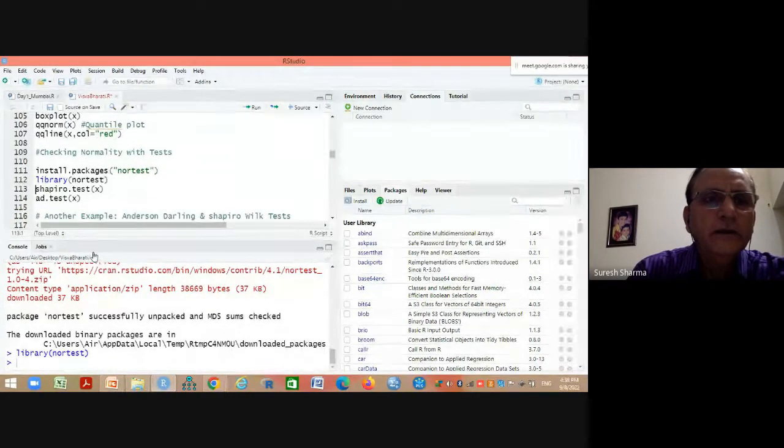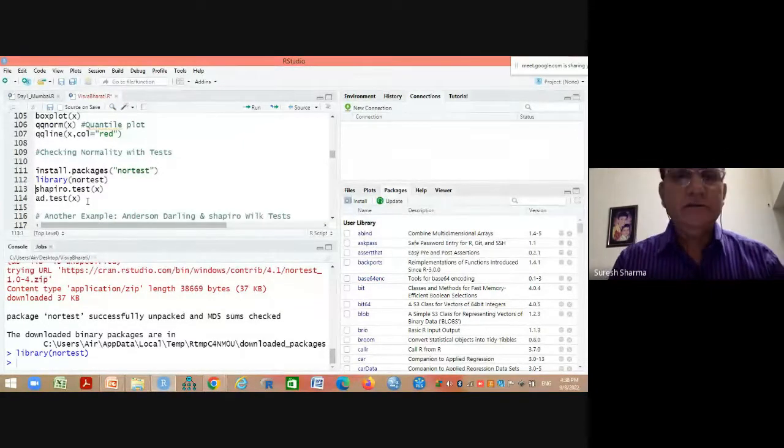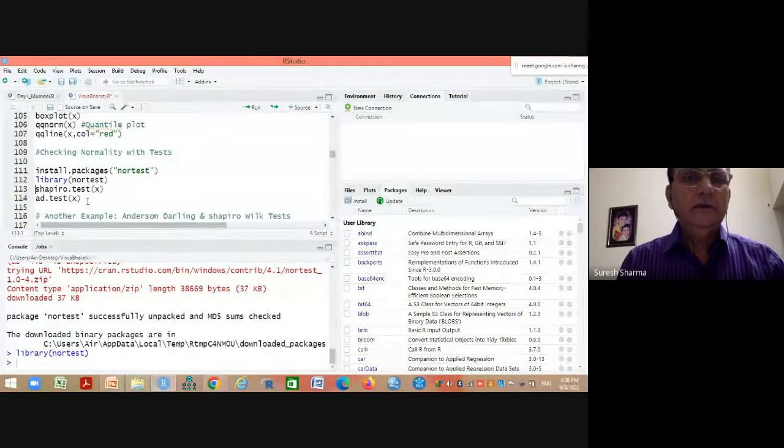Then this is called the Shapiro-Wilk test. X data is already with us. Now you can write down the hypothesis. You understand very much what hypothesis means. Your H0 is data follows normal distribution, or data comes from normal distribution. Write down the alternative also, please: data does not follow normal distribution, or data does not come from normal distribution. That is your alternative. The Shapiro-Wilk test and the AD test, called the Anderson-Darling test,